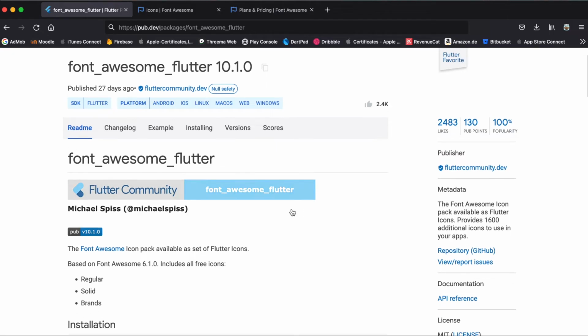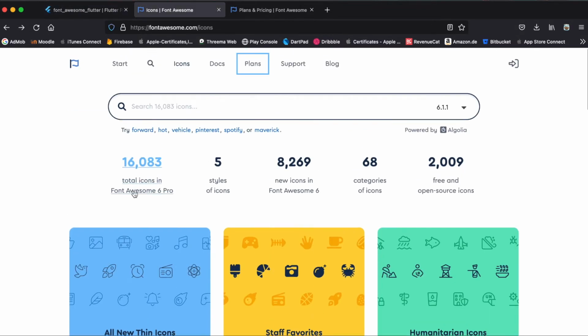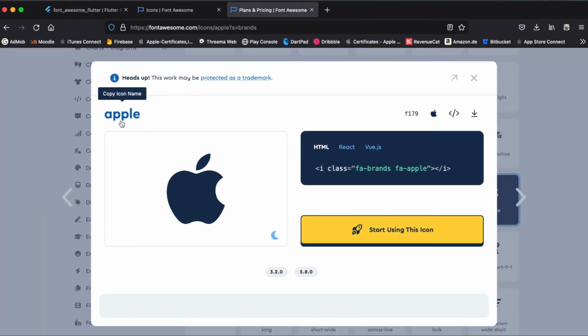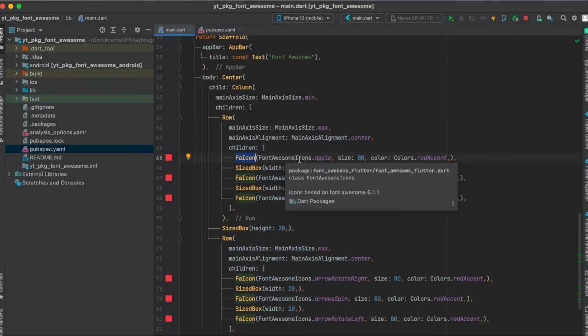You can have a look at the different icons Font Awesome offers by clicking on this link here. You will come to this website here, and as you might already know, they offer Pro icons, so you have to pay for it, or you can use free icons. In this case I use free icons. So for example, I use this one, Apple, and this icon name is apple, so I simply used